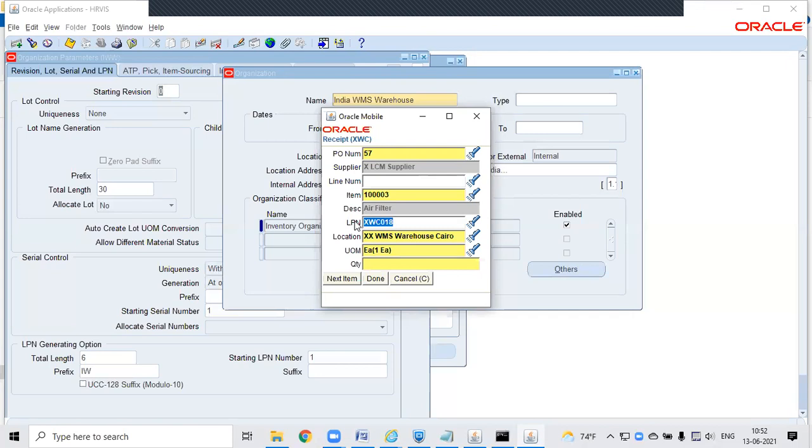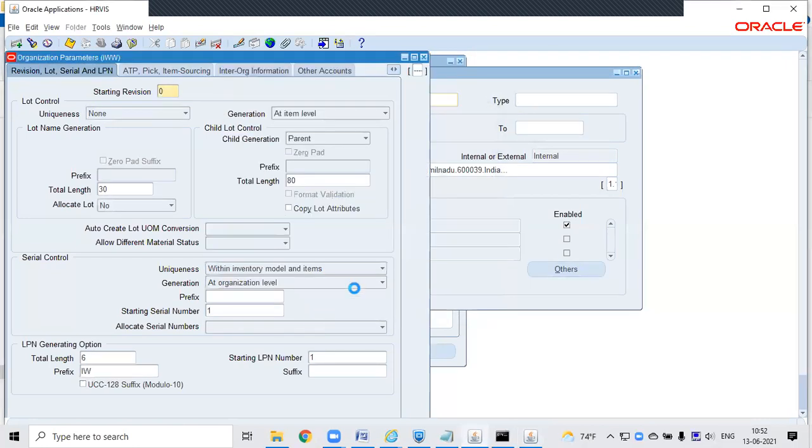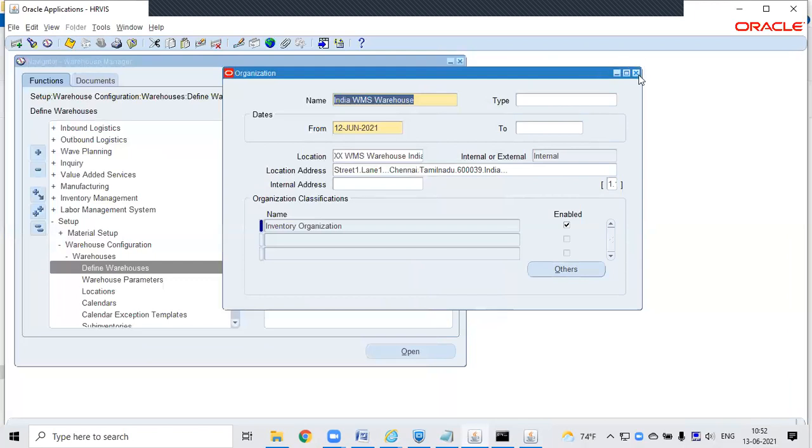And we have a WMS license plate number table, and there are multiple contexts. Based upon the context, it is decided what can be scanned. Okay. Thanks, Tushar. Again, we will discuss more in the LPN session. Thank you. So this is all about the inventory organization, and the next will be.